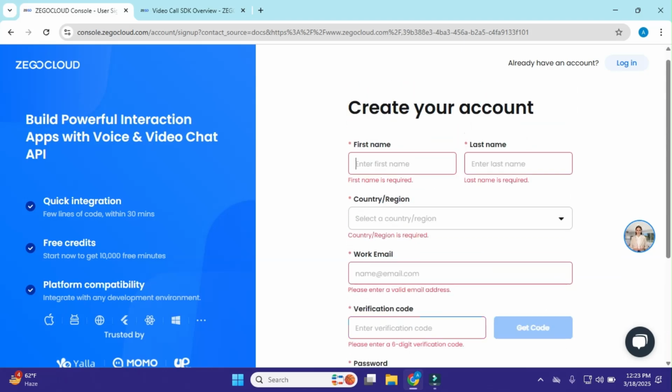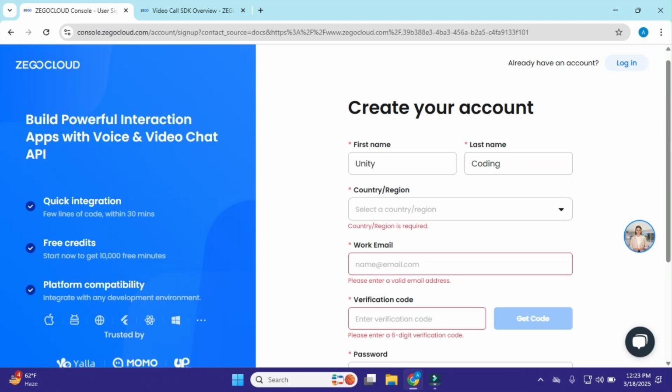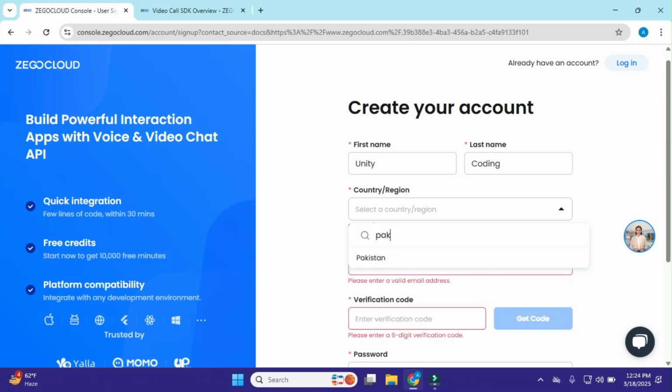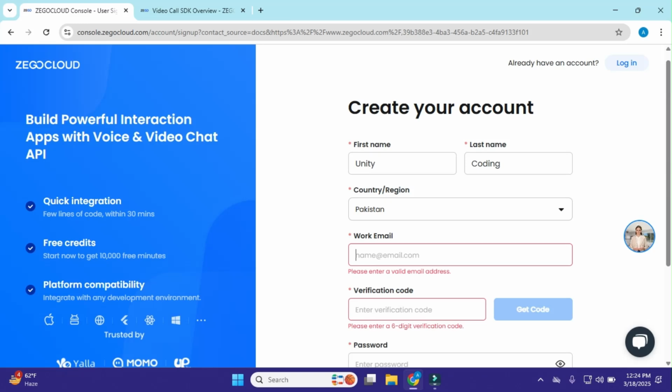Okay, so I'll simply register now. Just add here Unity coding, and just add here Unity and here coding. Okay, and I'll simply provide the country region, so I'll add mine, Pakistan, and just add the work email. So what's your work email, you can add here.